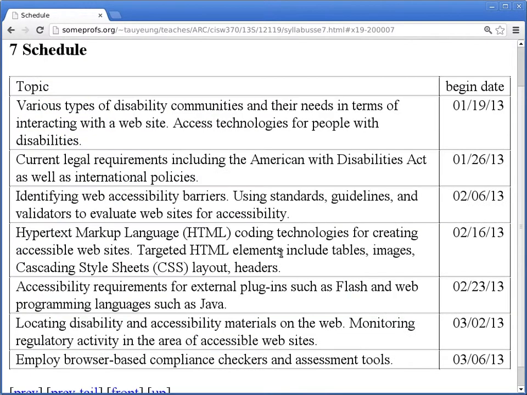The last part of this is basically a timeline, a tentative schedule of